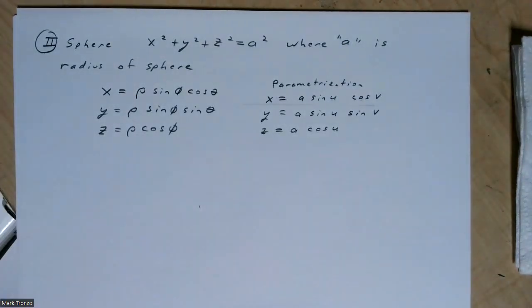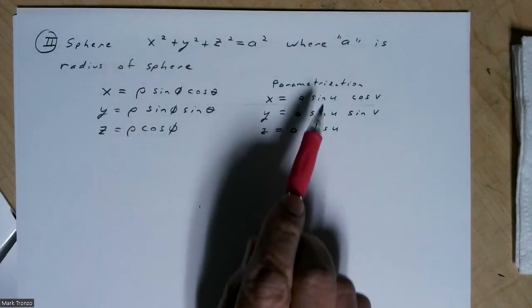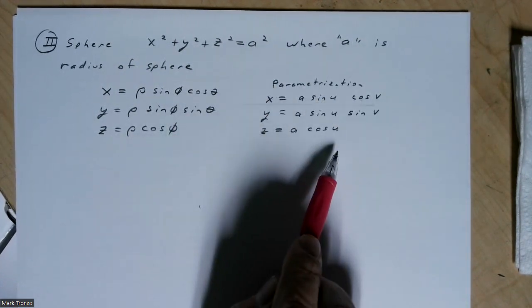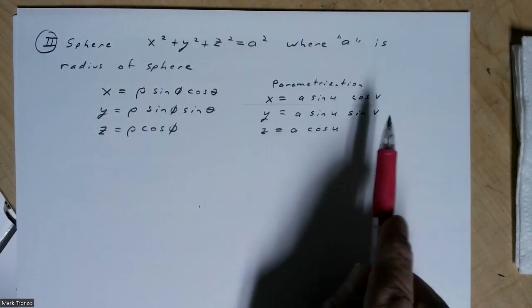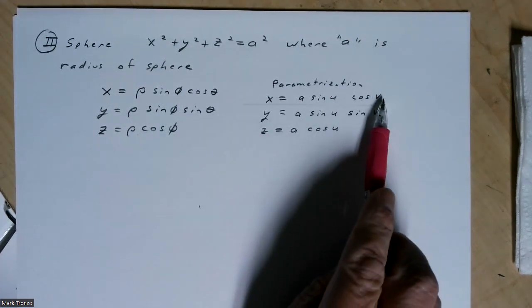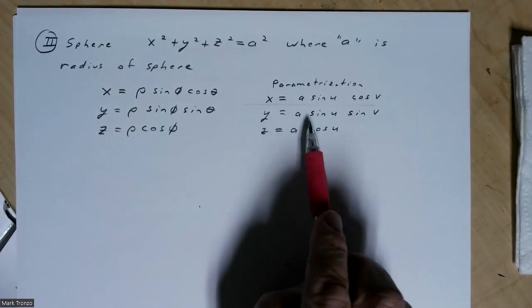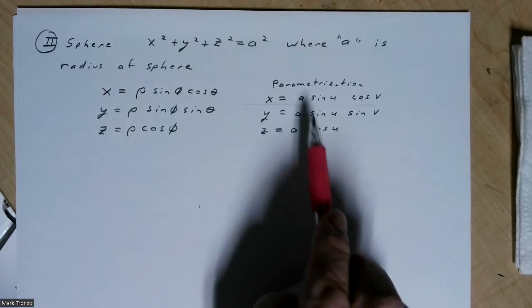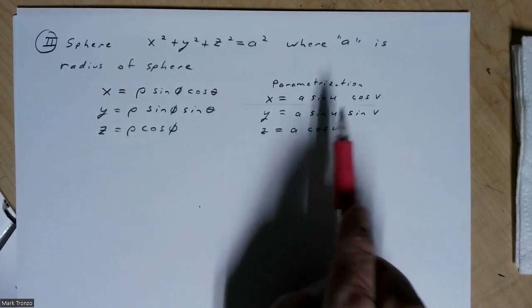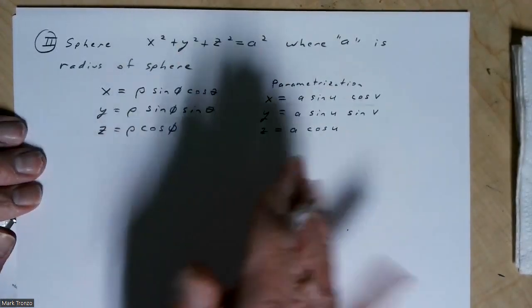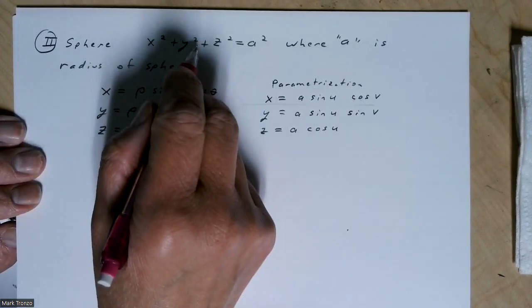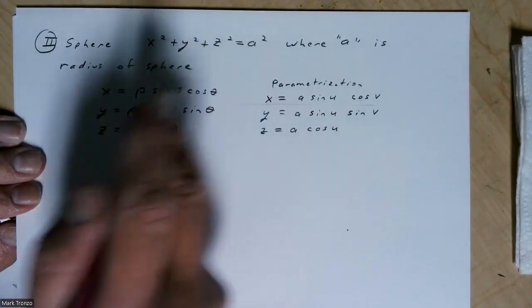And you can do that the other way around. You could call phi v if you wanted to, and you could call theta u, either one, as long as you're consistent. So this would be the parameterization, and then in this case here, let me actually